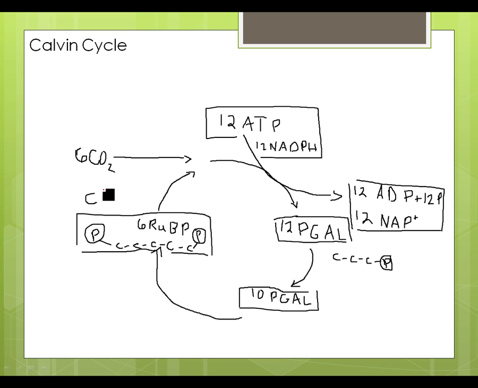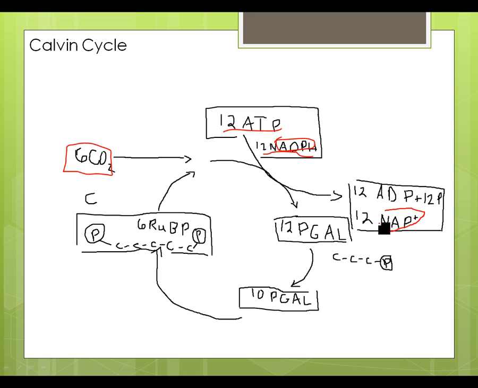Now the Calvin cycle works when 6 CO2 comes in and 6 RuBisCO come in, which is a 5-carbon chain with 2 phosphates, and this is a 1-carbon chain, make a 6-carbon chain, and then 12 ATP and 12 NADPH come in, and they give off 12 ADP plus 12 phosphate groups and 12 NADP plus, which is basically this, just